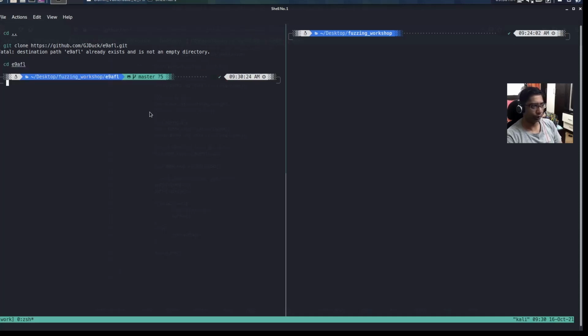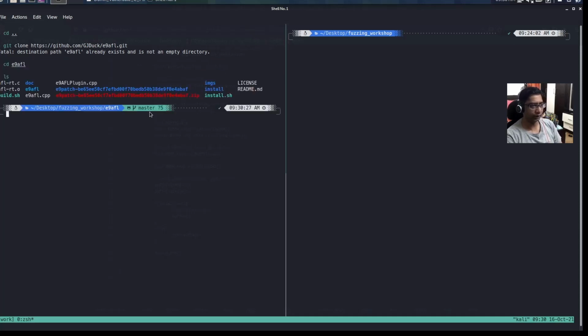You simply need to go there, and if you see which files are present over here, you will see there are a lot of files. A few of these files are related to AFL, that is AFL runtime.c, AFL runtime.o, build.sh, e9afl.cpp, and there are install.sh, license, readme. So we don't need to do much complex thing to install or use E9AFL. What we can simply do is run build.sh,